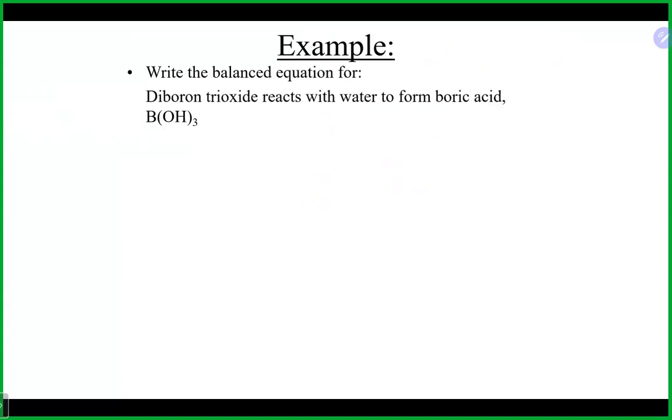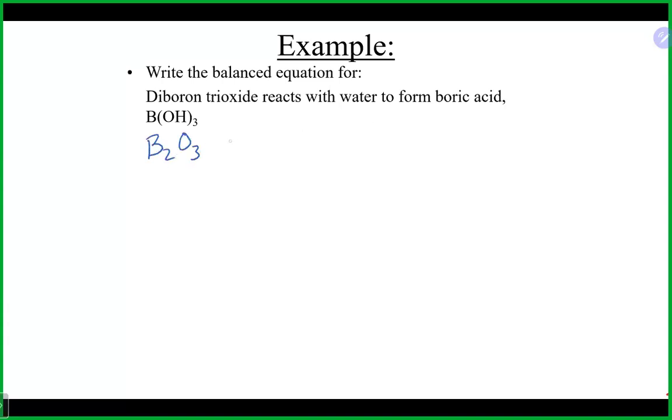Write the balanced equation for the following: diboron trioxide reacts with water to form boric acid. So let's take a look. So in this case, we do have everything in words. So as I mentioned earlier, we want to make sure that we start with the correct formulas. So from our nomenclature talk, we have diboron trioxide. That tells us this is type 3. So that should be